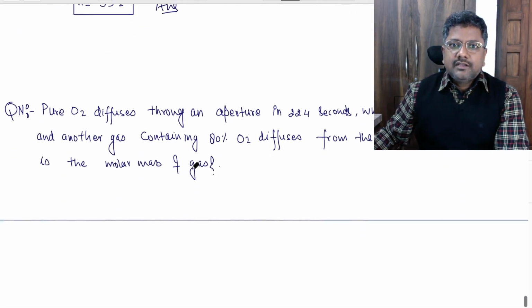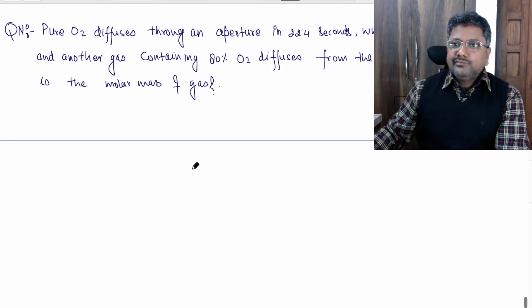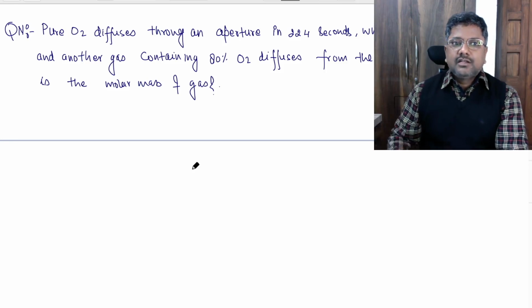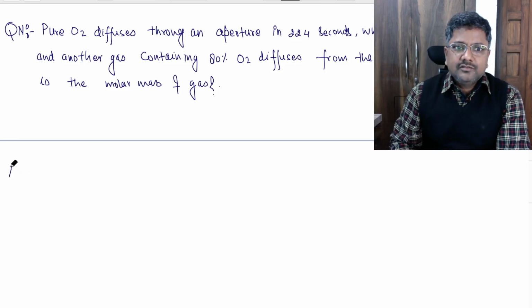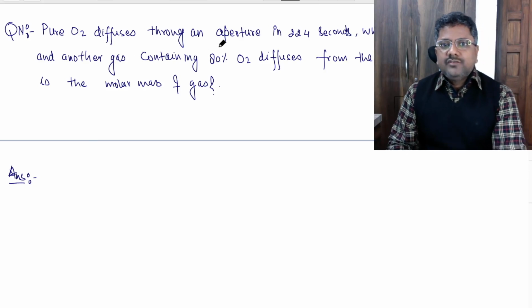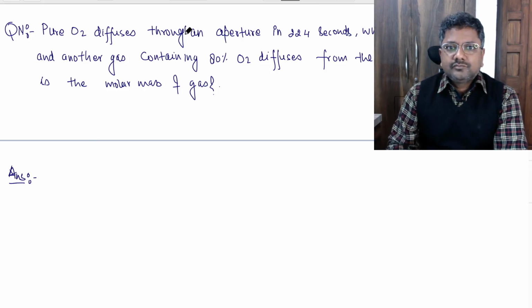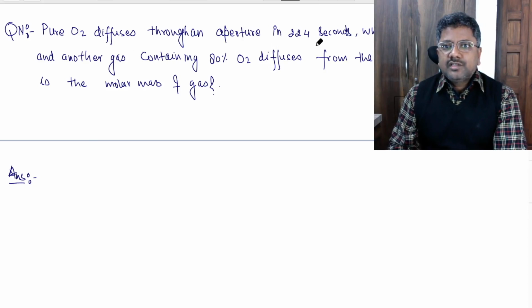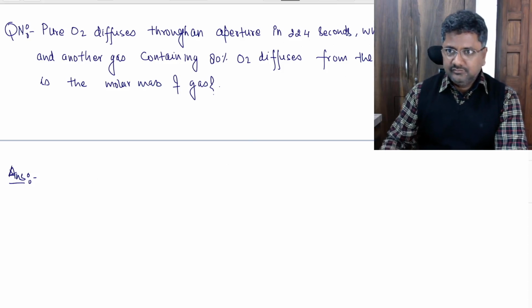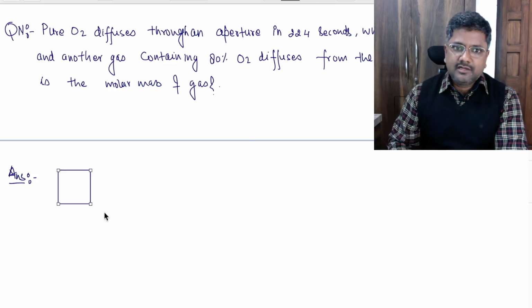Now see another question, a similar question based on Graham's law of effusion. Now see, pure O2 diffuses through an aperture in 224 seconds, whereas a mixture of O2 and another gas containing 80% O2 diffuses from the same in 234 seconds, right? So suppose that we have a container